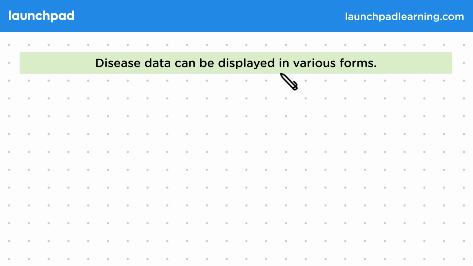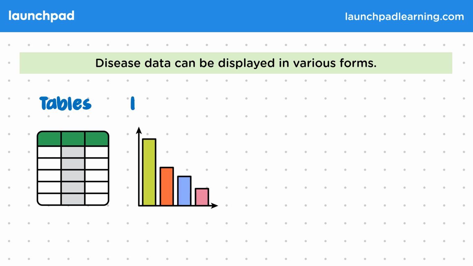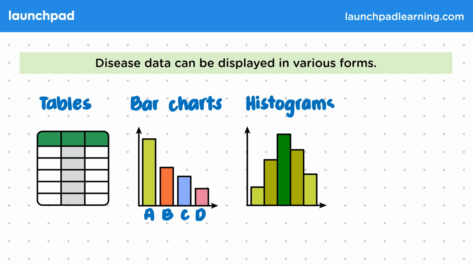Disease data can be displayed in various forms. You must be able to draw and interpret the following types of tables and graphs in the exam. So, tables are used regularly to show data for different variables. Bar charts are used to show information about different categories, like the number of people that get a certain grade in a test. Histograms are used to show ranges of numbers, for example, the range of heights in a room